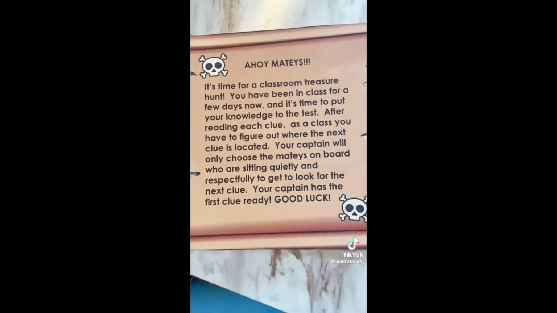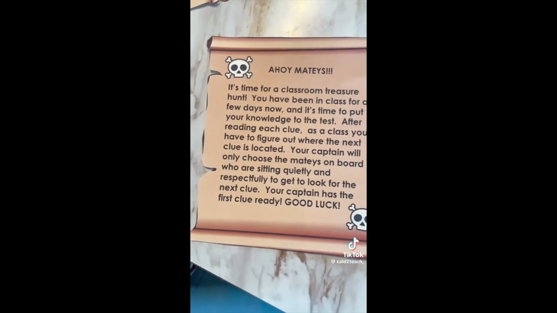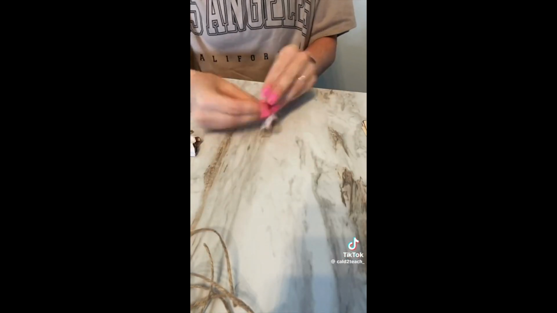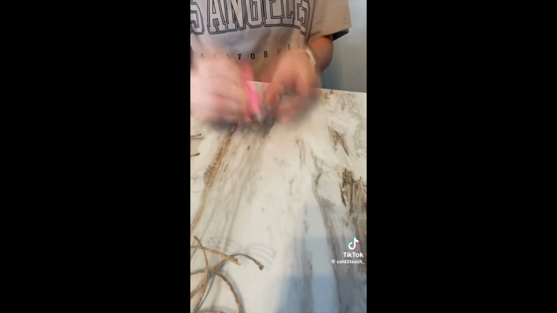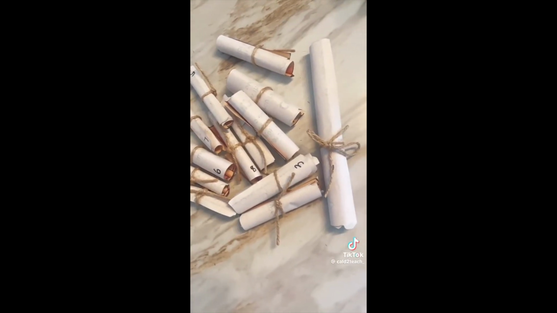just for dramatic effect and say that we have a special mission we're going on. This is totally optional, but I like to roll the clues up and then put twine around it just to make it a little more official, but you don't have to do that. And then I'm left with a pile of clues like this,